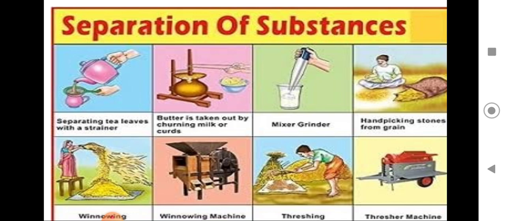So see here, children, there are many examples in our everyday life, not only separating tea leaves. Even the butter is taken out by churning the milk. Yes, butter is there, but you can't see where the butter is in the buttermilk. Later, by churning, you will be getting the butter, and even in your mixer grinder, you will be getting the butter or the cream part of the milk. See, hand picking, and just now we saw another method where she is removing the grain and the husk, and also you can see one man is beating on the stone. So all these we will be learning.